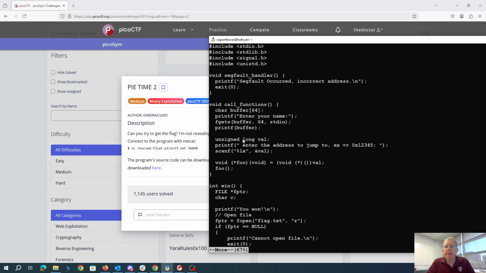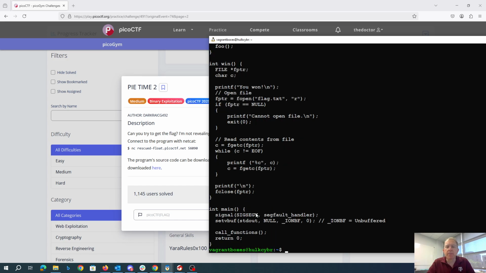So what I'll be able to do is, from this point, if I leak the stack, I can leak what the return address for call functions is. That should be somewhere in main, and in win rather. No, not in win, in main. Yes, I'll find this address in main. Once I know that address, I can change the last bit of it to point to win, and then I'll put in that value. All right, so